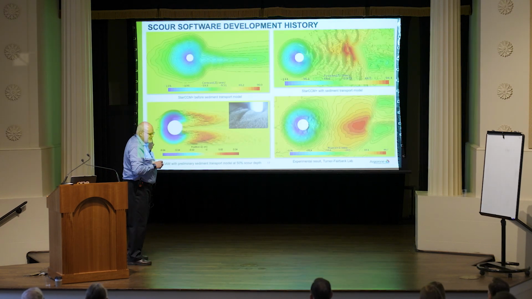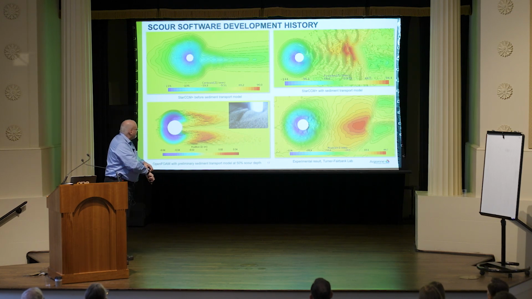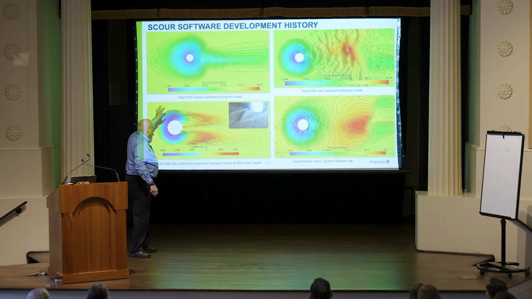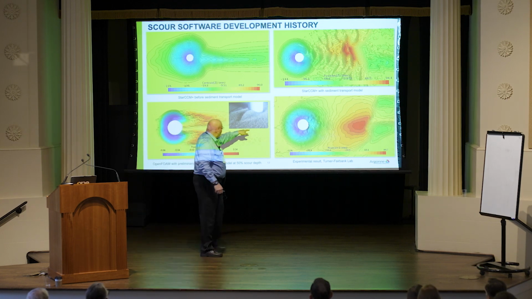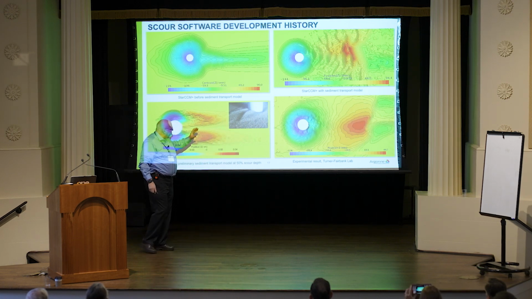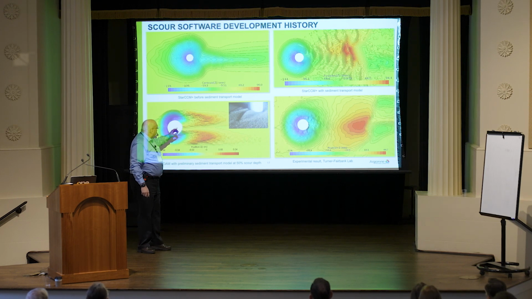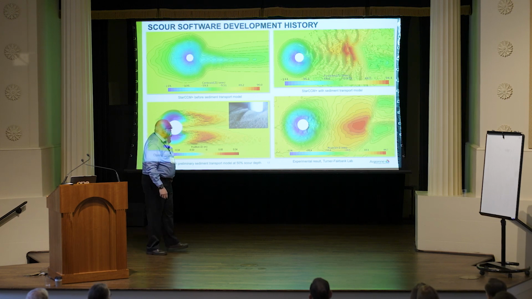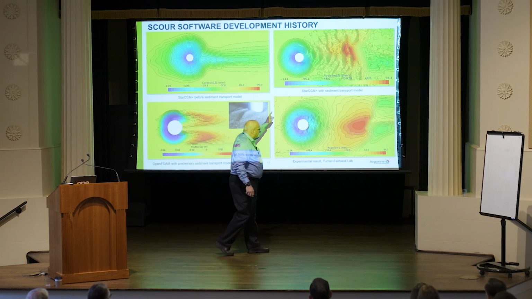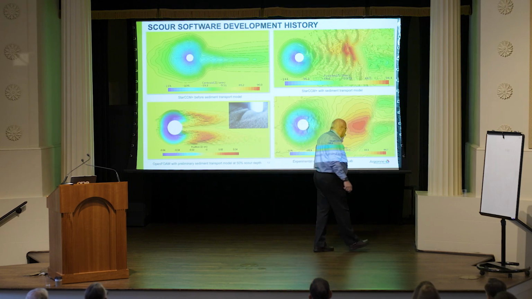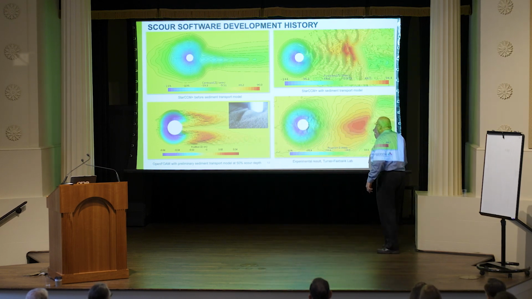Moving on, now the sediment transport. So you have seen 4 years ago, if you were here, the plot on the top left, right? So this was our scour hole, and that was done with the StarCCM Plus software, with the commercial software. And on the bottom right, you see the shape of the final scour hole at the very end when you have the case with the cylindrical pier, right? And the one on the top left that we had 4 years ago didn't have the sediment transport in it yet. So 2 years ago, Steve came to something like you see on the top right, and that is an inclusion of sediment transport, right?